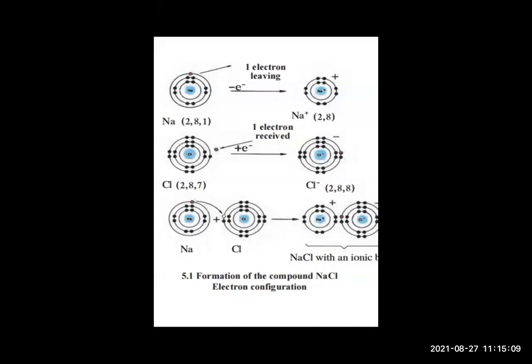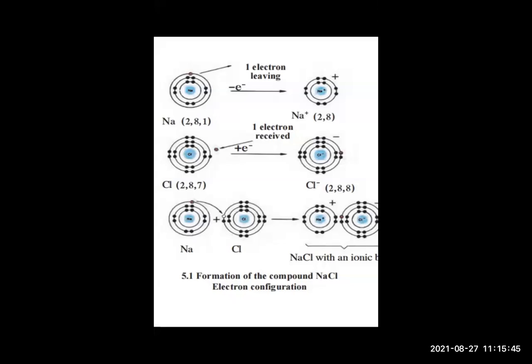Understood? Now similarly for chlorine, what is the electronic configuration of chlorine? Reply in the chat box. 2, 8, 7. Very good, Vedant. So what is the atomic number of chlorine? 17. Very good, Kimaya. Atomic number is 17: 2 plus 8 plus 7 is 17. Now chlorine has how many electrons in the last orbit? Count and tell me. Yes, very good, Avdut, 7 electrons.